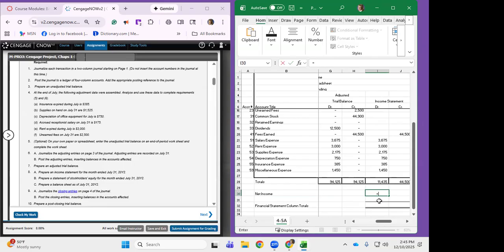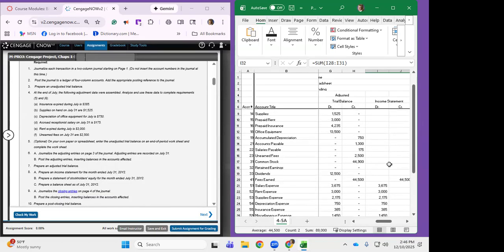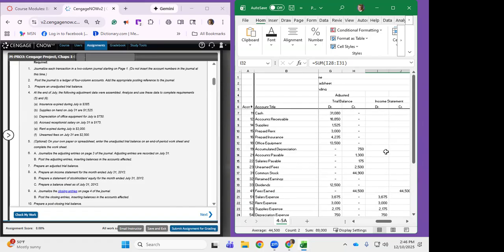So one more time, if we take our credits and subtract our debits, then we have 33,065. And now we should balance, because that is the amount of net income. All right. Do we balance? Yes, we balance. Our income statement balances as far as the, now then you go over and you'll get 2 more columns for